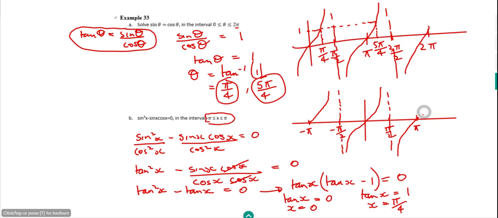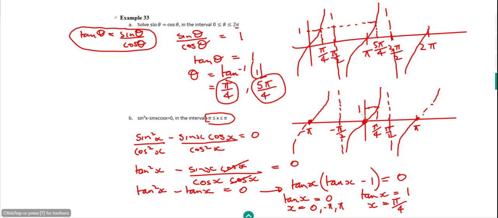If we had carried it on, it would have looked like this. So our calculators have given us, first of all, this value, 0, but we can see that we've got another solution at minus pi, and we have another solution at plus pi. So they're both in the range because it's equal to as well as less than. And for this one, the calculator has given us just one value. So this one, pi by 4,